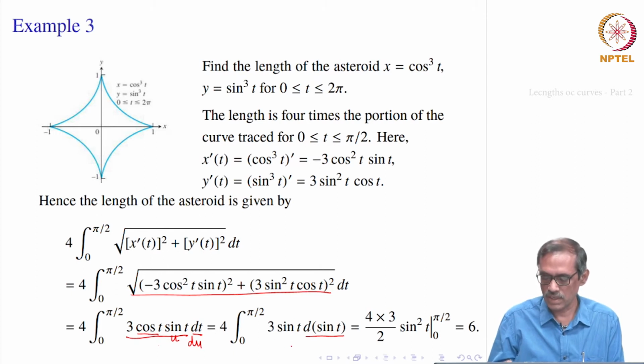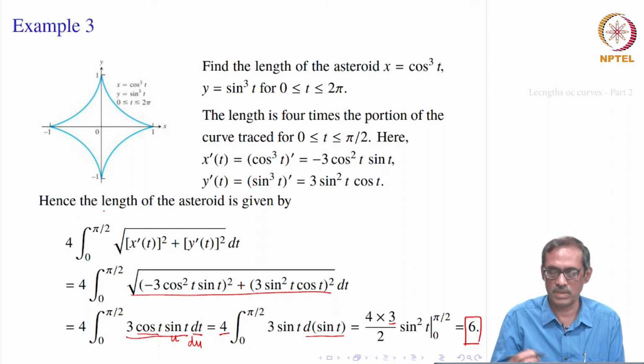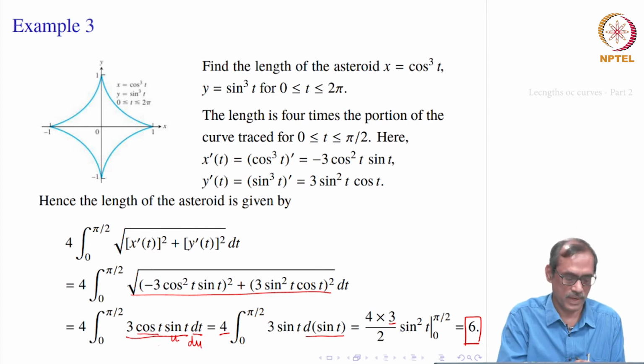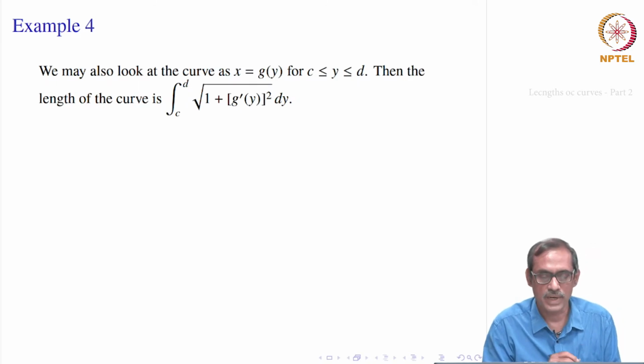So, it is the integral of 3 u, right. So 3 remains and u becomes u square by 2, so sin square t by 2, and we have a 4 here, and that is to be evaluated at 0 and pi by 2 and subtracted out. So, verify that it simplifies to this answer, 6. Of course, you could have done it directly instead of multiplying by 4, but this becomes easier once you know the shape of the curve, where the curve is exactly lying. Okay, so let us take one more example to fix the idea.